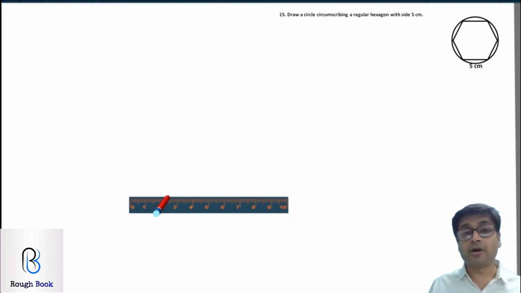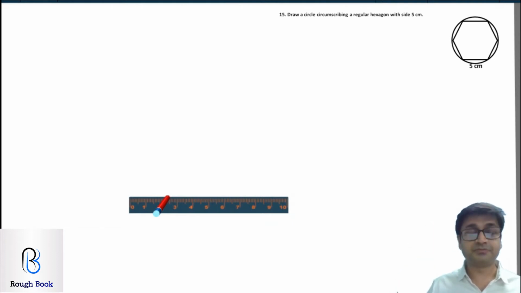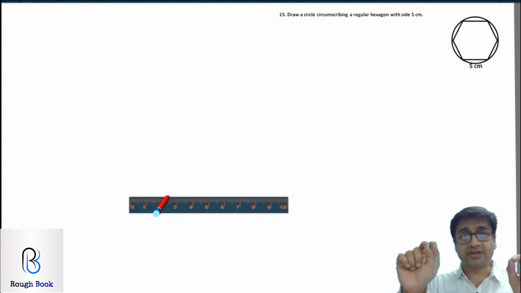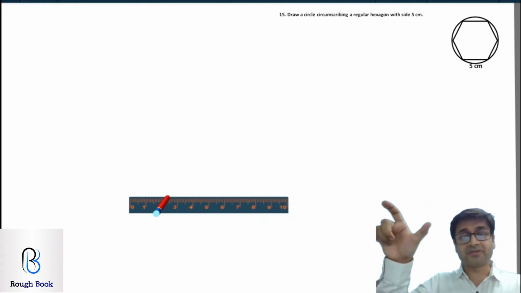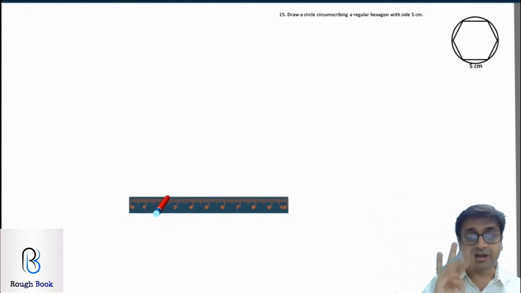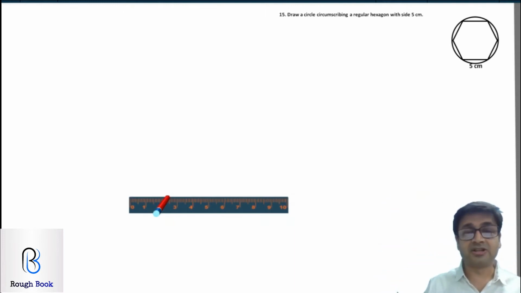So how are you going to go about it? Draw your rough diagram first. Up over there, can you see? Yeah. So draw your rough diagram and then let's begin. Draw your base first of 5 centimeter. Then from point A as well as point B, take 120 degrees. Draw your lines. Cut your arcs of 5 centimeters. Then from these 2 points that you've just now got, again take another 2 120 degrees. So you're taking 4 times 120 degrees and cut your arcs on top, join it. So you got your entire hexagon. We've done hexagon in standard 9. So let's draw it again and then we'll get into the circumcircle.